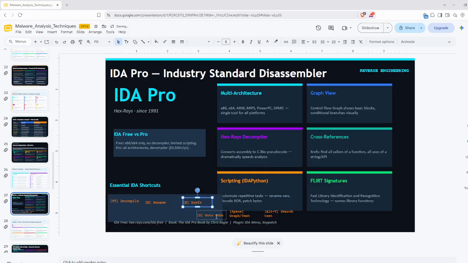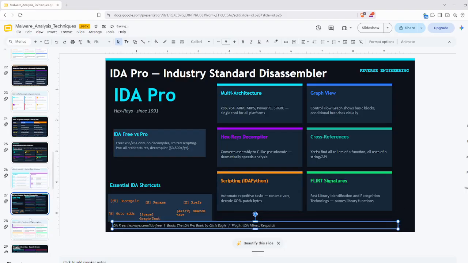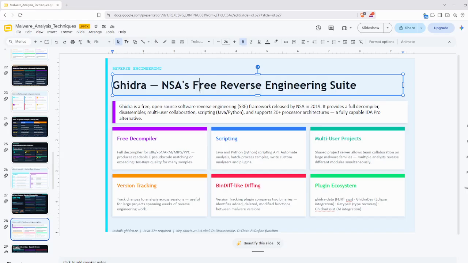That is the real advantage of working on decompilers, or you will see that disassembler here. Whatever you execute, you will be able to see in this particular presentation. Then we will have other things, Ghidra. This is free reverse engineering. We'll do this practically.